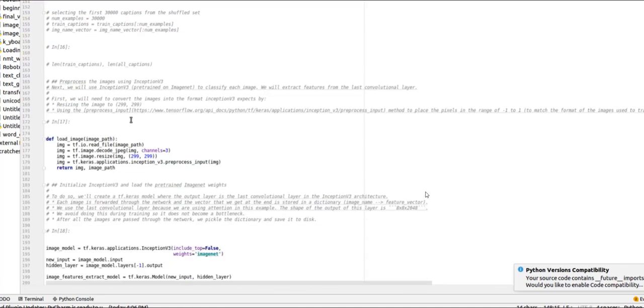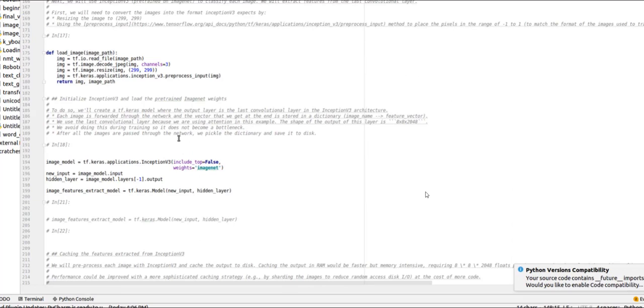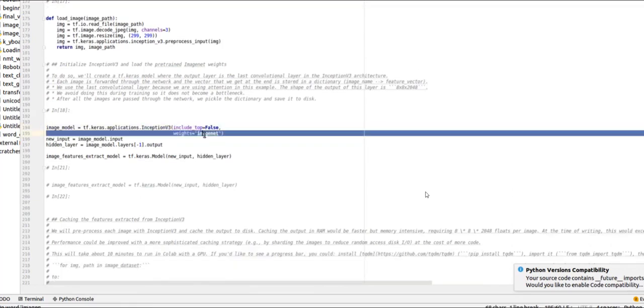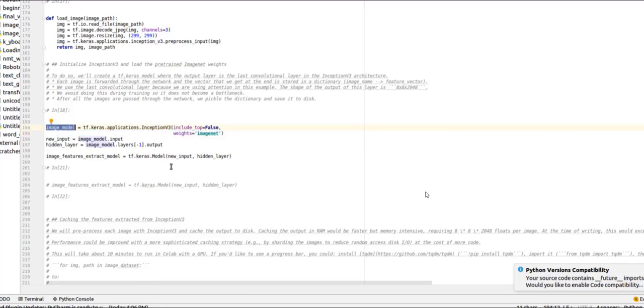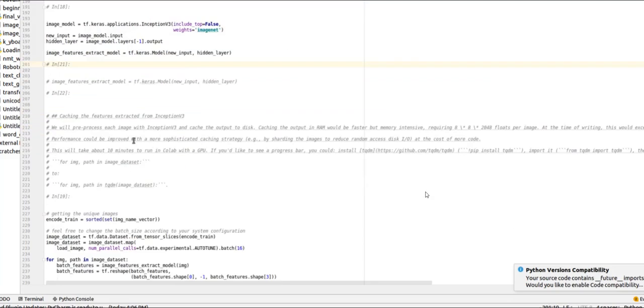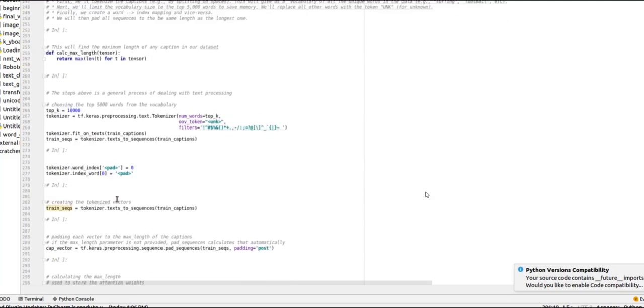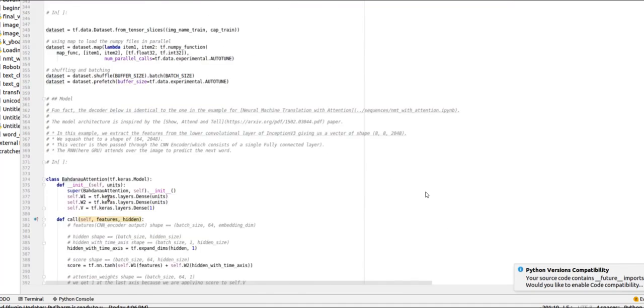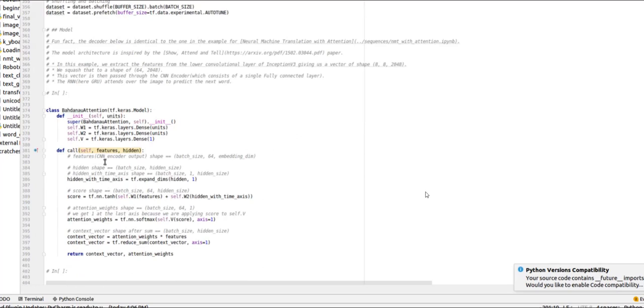Thereafter, the data is split into train and test folders. We use a pre-trained ImageNet model, and we just append the final layer of that model, which is further processed in the encoder and decoder sections of the model.